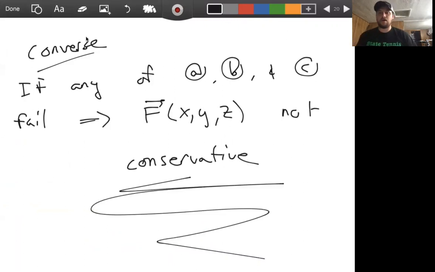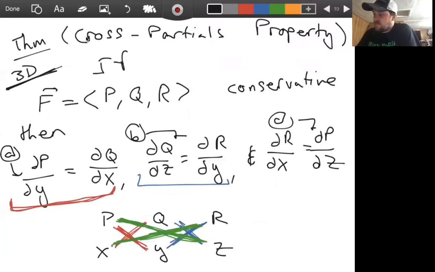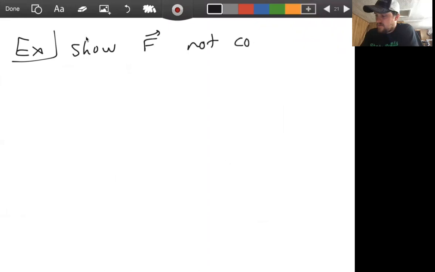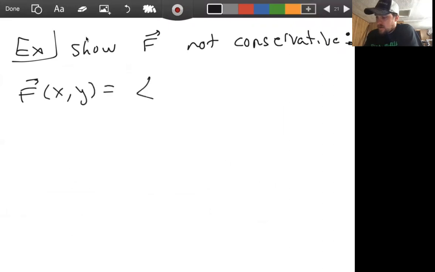Okay, and so let's quickly look at some examples by using these altered versions of the theorem to show that some vector fields aren't conservative. We'll do a 2D example and a 3D example. Let's do an example here. Let's show that F is not conservative. Okay, so let's look at F of x, y, our rotational vector field from earlier,